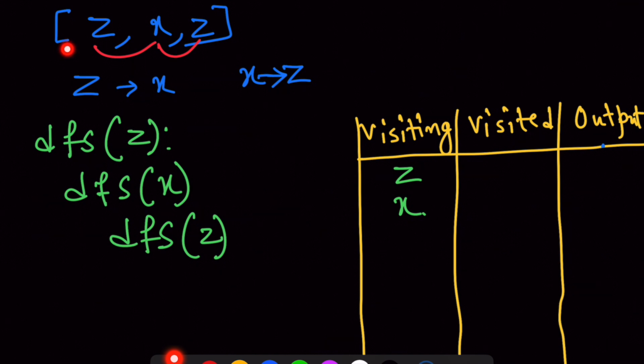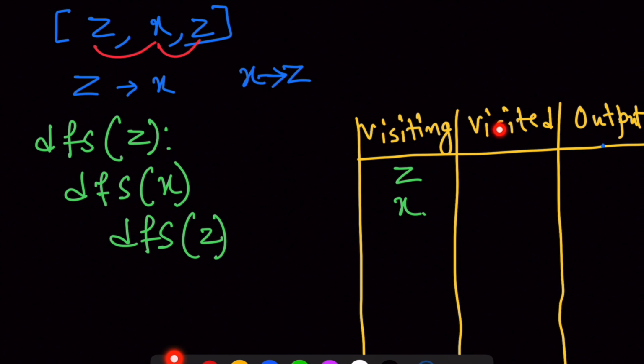Now consider these words given. This is a list of words in the dictionary given in this order. Basically they are saying Z comes before X, and also they are saying X comes before Z. We can directly say that this is invalid, but how will our algorithm find it? If we consider Z and X, we found that Z comes before X. We compare X and Z and we see X comes before Z. Then we are taking these three,